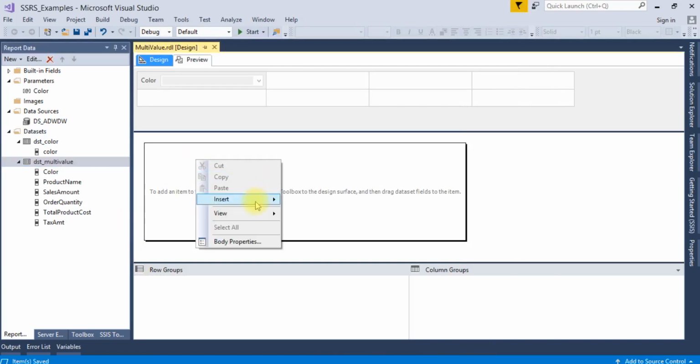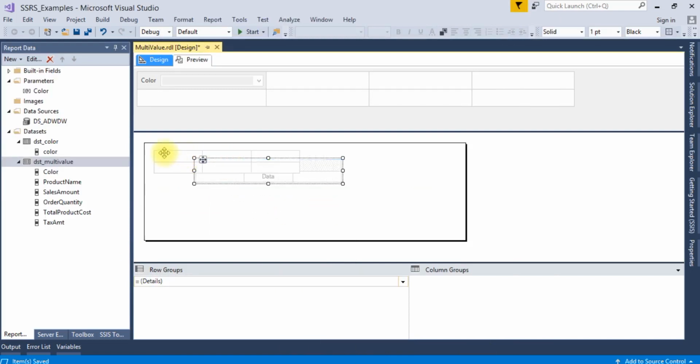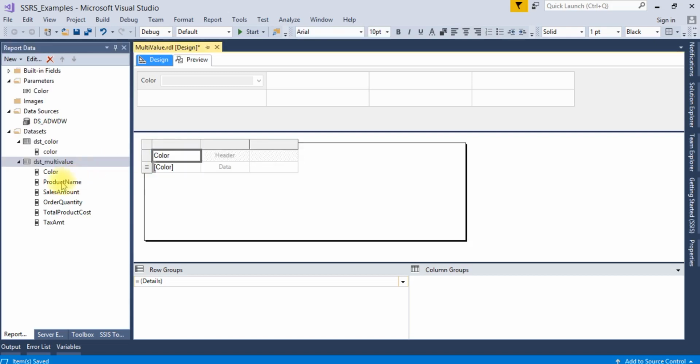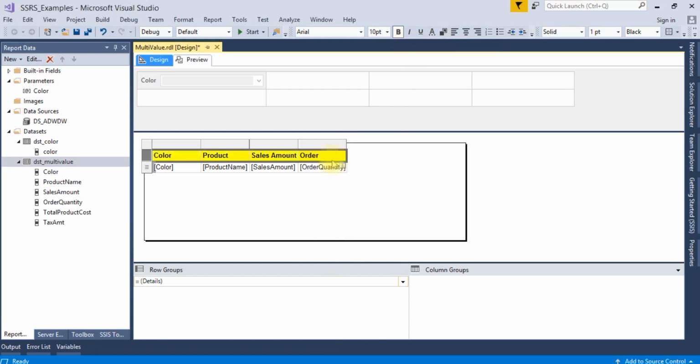Now let me insert one table here. Let me first draw the color, product name, sales amount, order quantity.